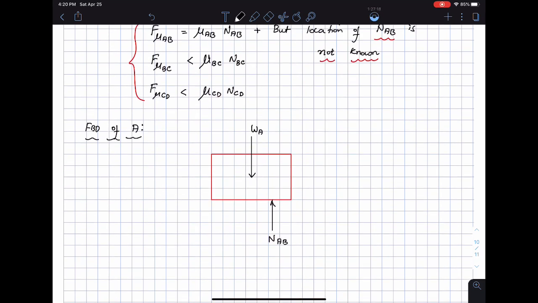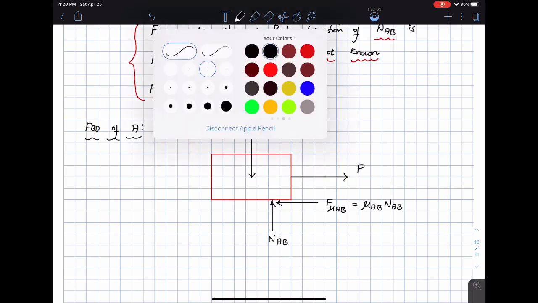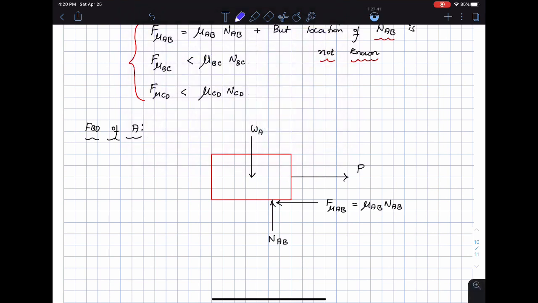This is NAB, and then this is of course F mu AB. This has to be a straight line. F mu AB is equal to mu AB times NAB, and then I have the force P acting on this box. Then I have the height, which is now known to me